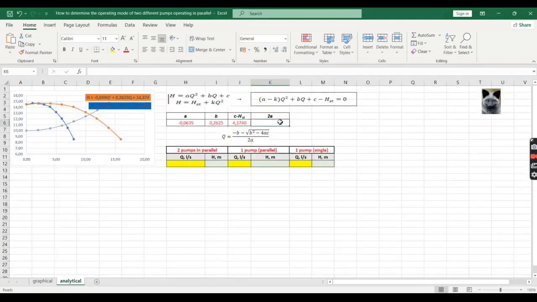Okay, and the last one is the highest value of A, so we just have to multiply this by 2. Okay, now the gaps in the table are filled